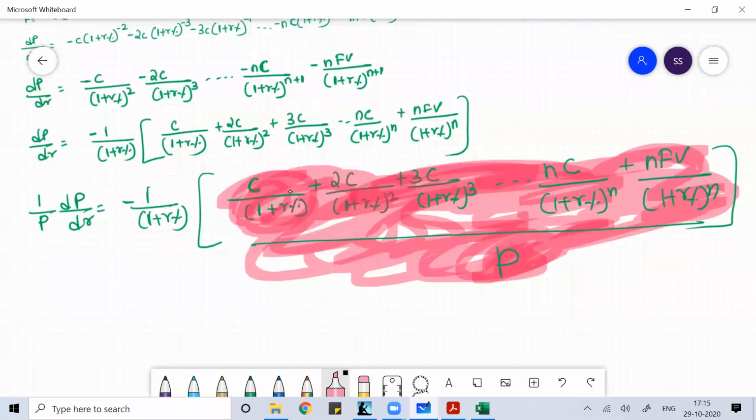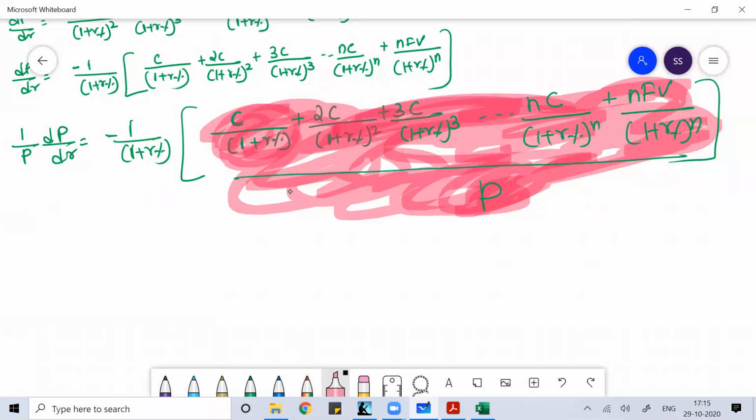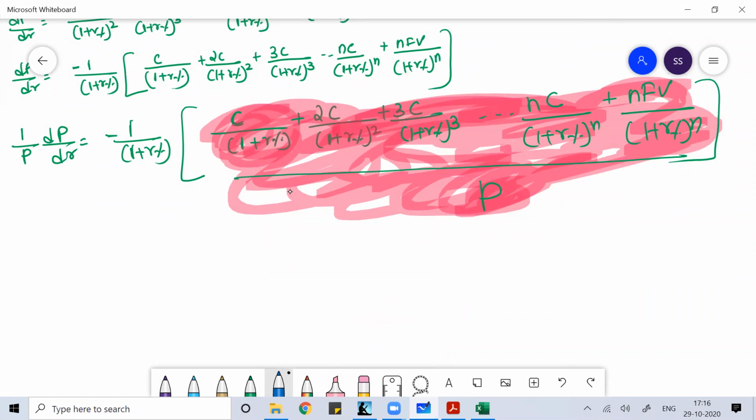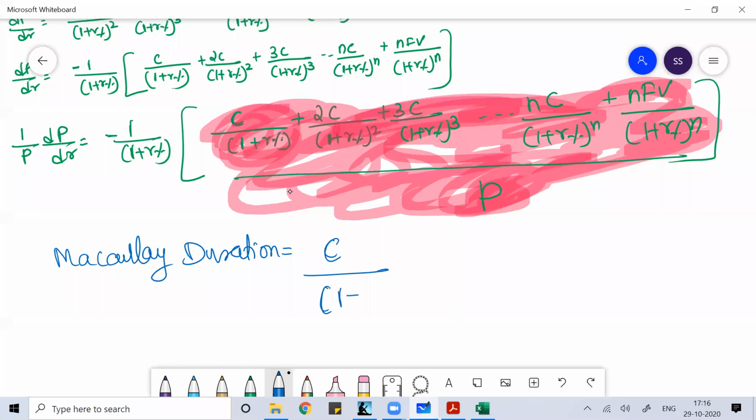This is what we call Macaulay duration. So the Macaulay duration is nothing but c divided by (1 plus r percent) to the power 1, plus 2c divided by (1 plus r percent) to the power 2, plus 3c divided by (1 plus r percent) to the power 3,